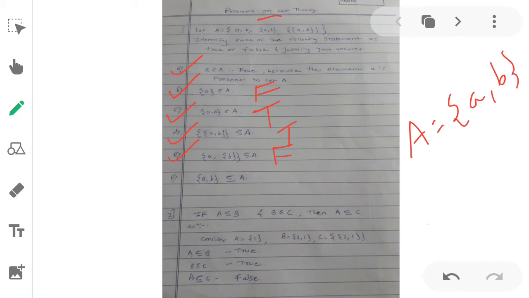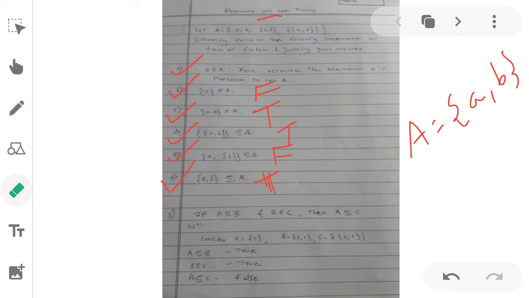There are two remaining elements; I am writing this for my convenience. So the set {a, b} is a subset of A. It is true. These are the final answers for these questions. We have solved all the questions. The problem concentrates only on two concepts: first is belongs to, second is subset.